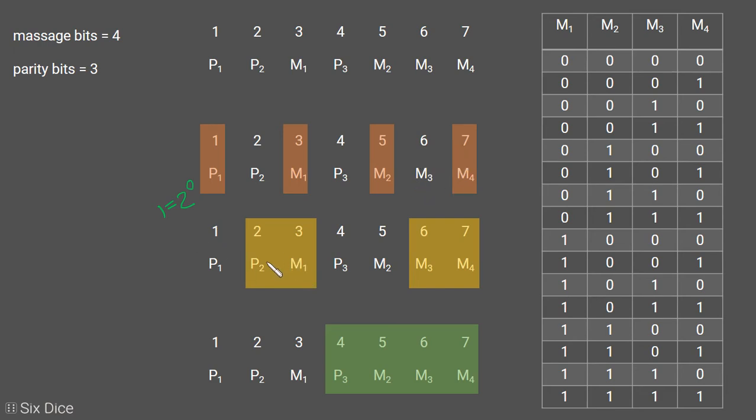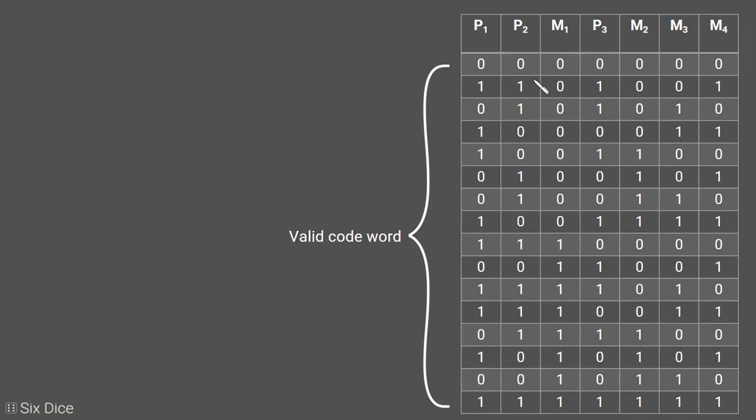Doing it like that. Parity bit 2 is at 2 to the power 1, meaning we select 2 bits, then leave 2 bits, then select 2 bits. Parity bit 3 is at 2 to the power 2, meaning 4, so we select 4 bits. If our block length were much bigger than 7, then we would leave 4 bits again, and then select 4 bits for parity bit 3, but our block length is only 7. This table contains all parity bit values and message bit values, with valid parity bits set using the previously discussed concept.